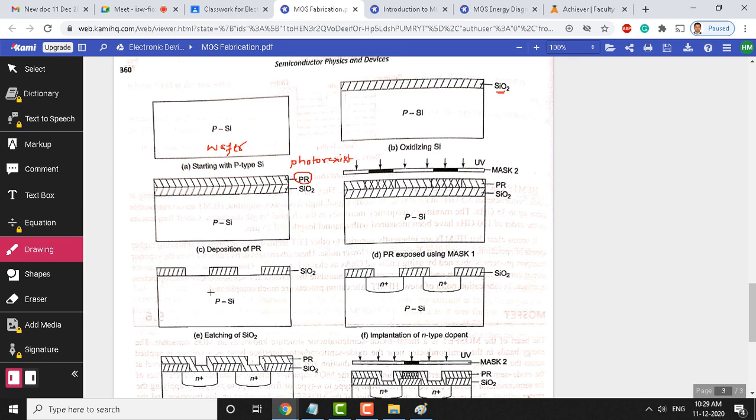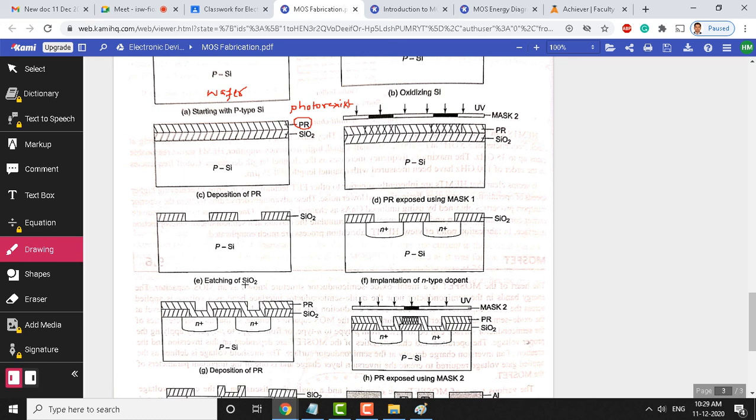Now, you can see that the next process is going to be the etching. So, the layers which are opaque can be easily etched out here. Etching means removing a certain portion of the oxide. First of all, we remove the entire photoresist, and next we are going to etch out the region which is under the opaque portion. That is what you are seeing here. Okay, so this is after etching, what you are seeing in this diagram. Etching of silicon dioxide here.